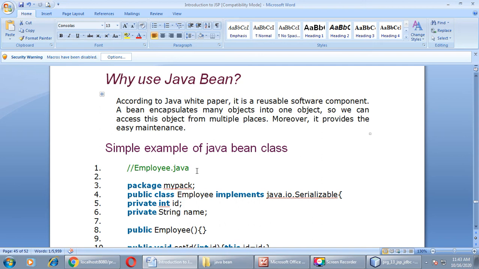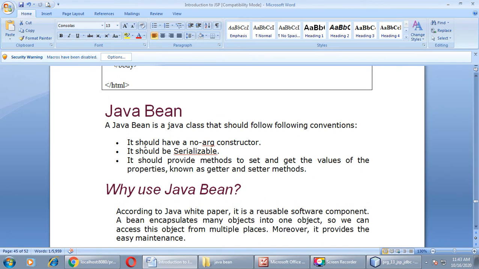A Java Bean is a specially constructed Java class written in Java and coded according to the Java Bean API specification. The unique characteristics that differentiate a Java Bean from other simple Java classes are: it should have a no argument constructor, it should be serializable, and it should provide methods to set and get the values of the properties, known as getter and setter methods.